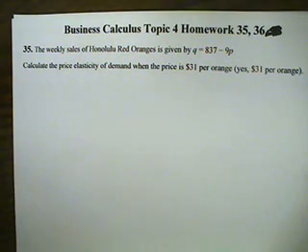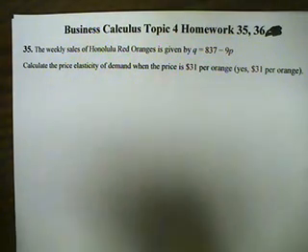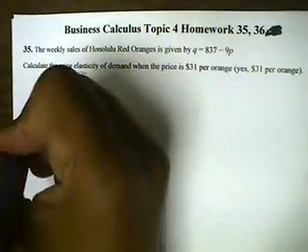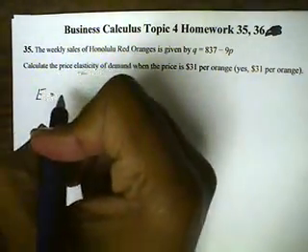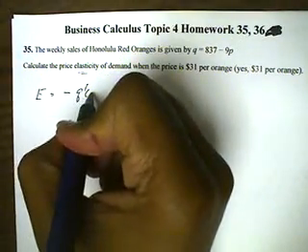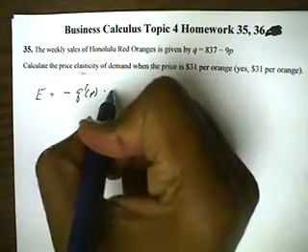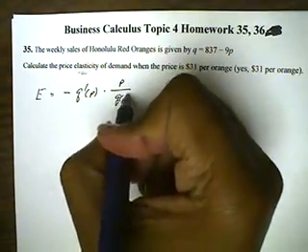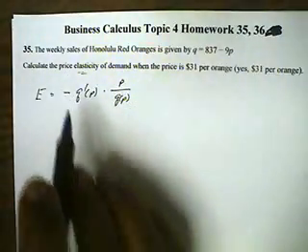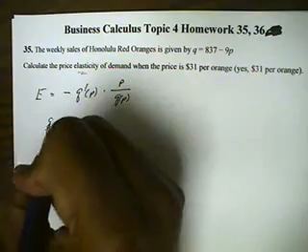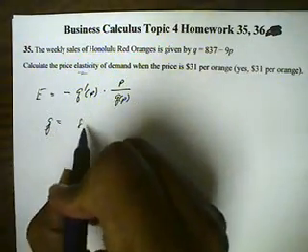Yes, $31 per orange. Okay, first of all, to get elasticity, we need to have the elasticity formula memorized, which is the negative derivative of the demand function times the price divided by the demand function. Okay, first we're going to need to know what is the demand function. So the demand function is going to be